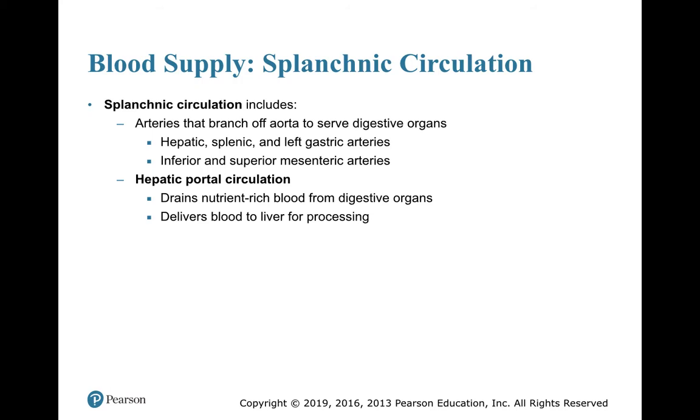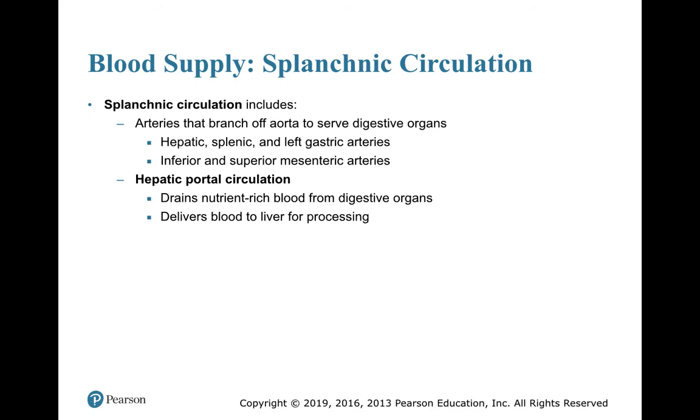The blood comes from the splenic circulation, which would include arteries that branch off the aorta, serving the digestive organs. The major ones would be the hepatic, the splenic, and the left gastric arteries, as well as the inferior and superior mesenteric arteries. We also have a special circulation here called the hepatic portal circulation, which is a portal circulation,